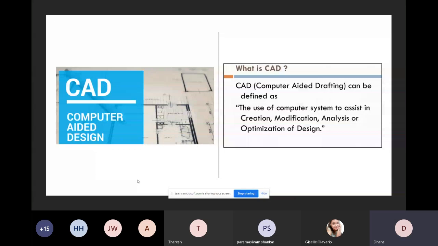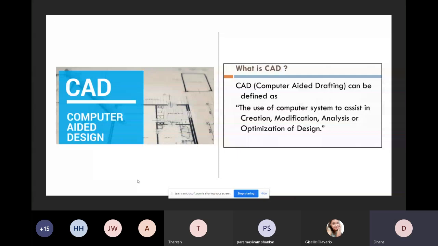These are generally used for the creation, modification, and analysis of the model. The main use of CAD is that you can do modification at any stage, even during production time. If you want to alter something or make any changes to your model, you can do it even at the last minute. That is the main advantage of CAD.